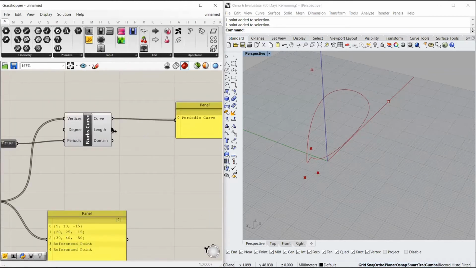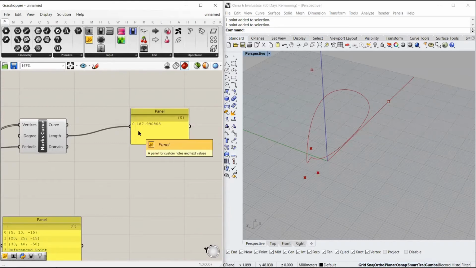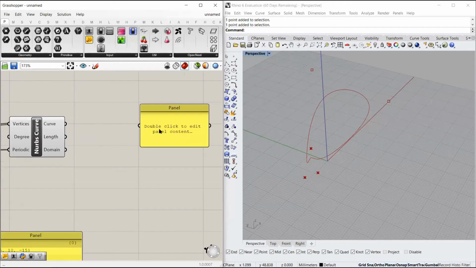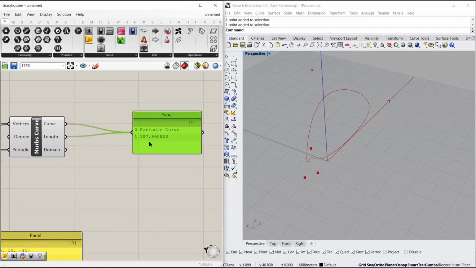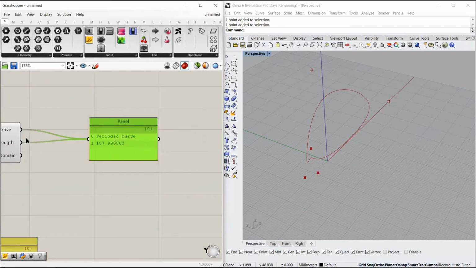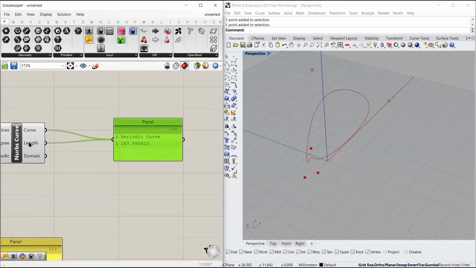So when I start and give this input, you can see the first line disappeared and the second line just got inputted. But if you want both the lines and want the data of both the outputs to be displayed in this, we can just select this, and now by holding shift and starting and ending it over here, you see both the lines got connected in this input, and we can actually read that the curve is a periodic curve and its length is 187 millimeters.